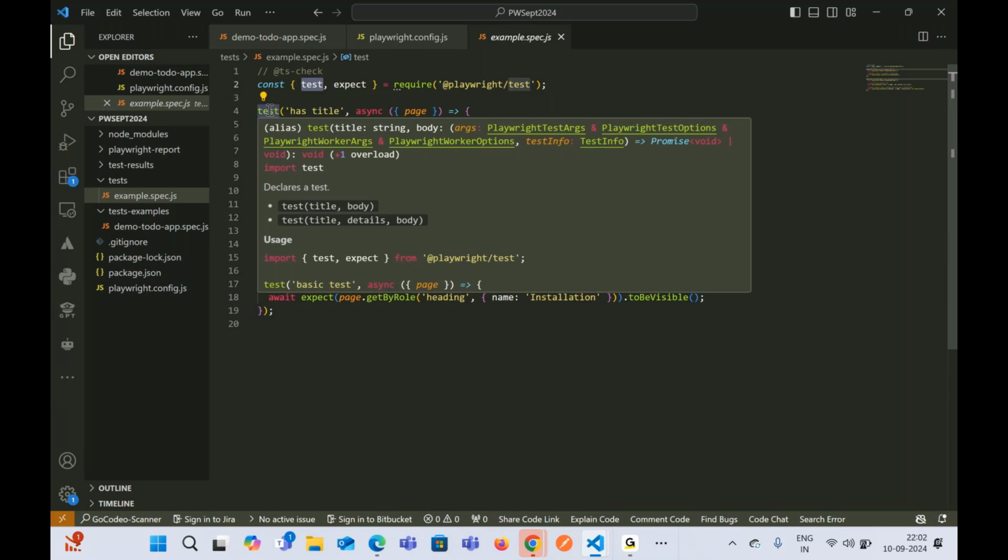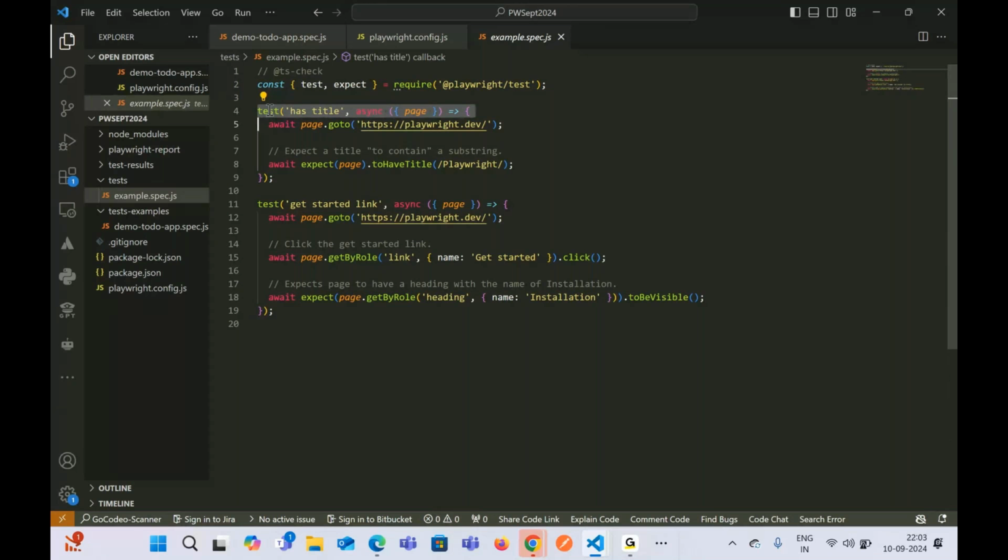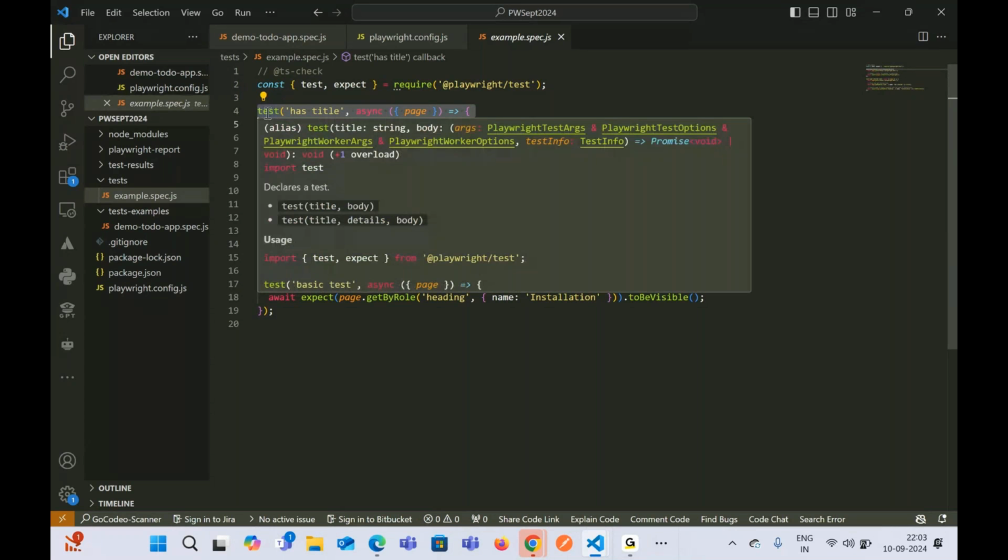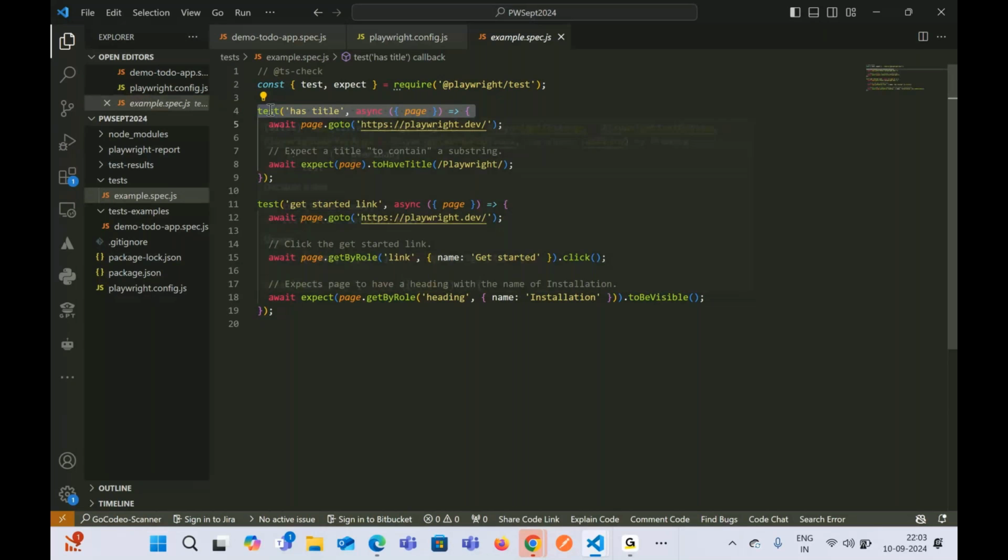So we'll be writing the test in Playwright using the test function. I'll explain in detail in the next session what it consists of, what it will be taking, and so on. But whenever we have to start writing the test case, we first have to import the test module, and this test module will be available